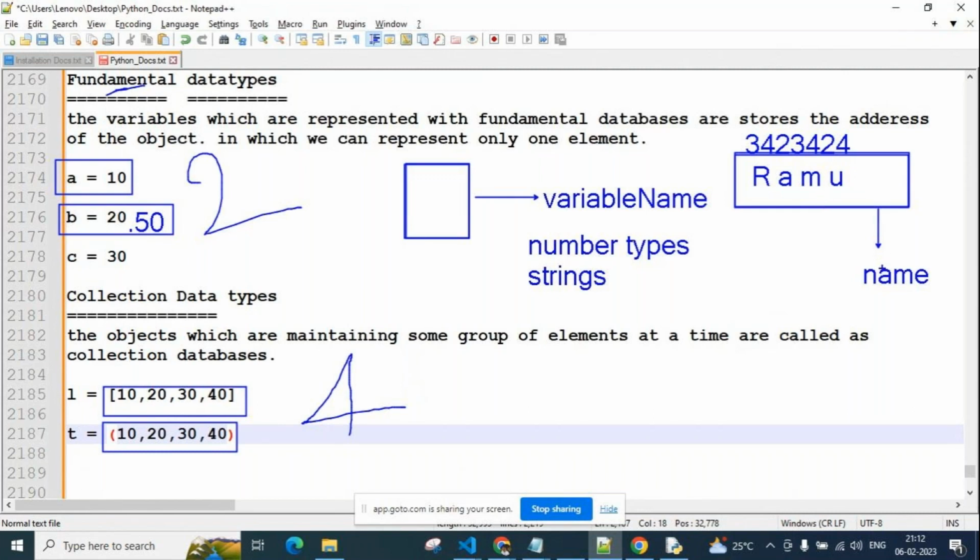So using one variable, that is name, we are storing only one value, that is Ramu. Here using A, we are storing 10. So using one variable in one memory allocation, we are storing one value, that is fundamental. Here number type and string type, 2 types there. In one memory allocation, a group of values we can save, like 10, 20, 30, 40. Using list, using tuple, like many types, totally 4 there, guys.